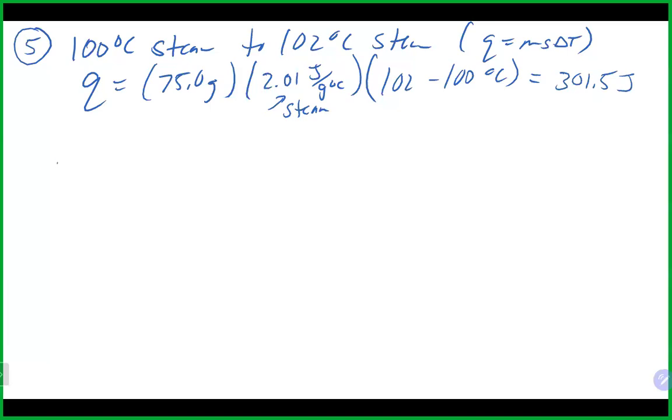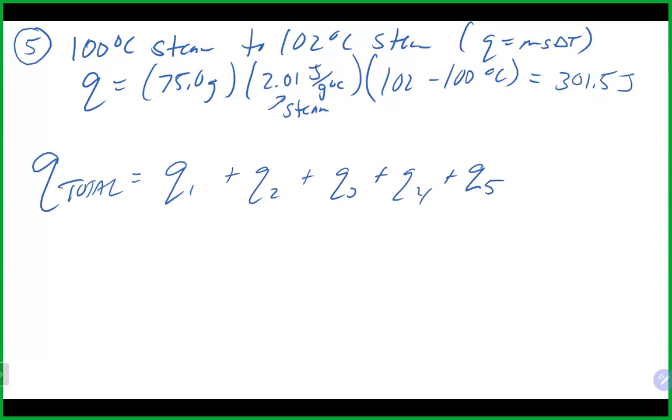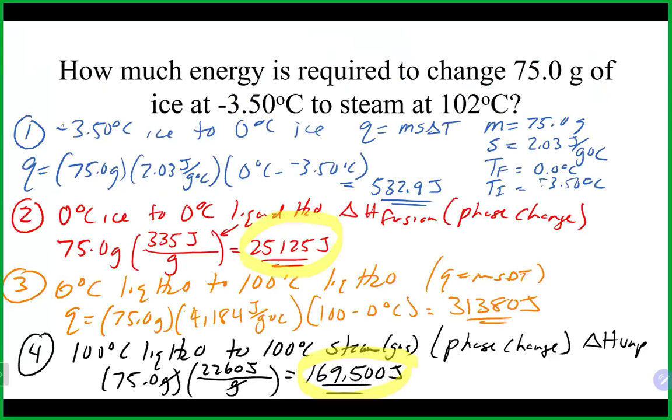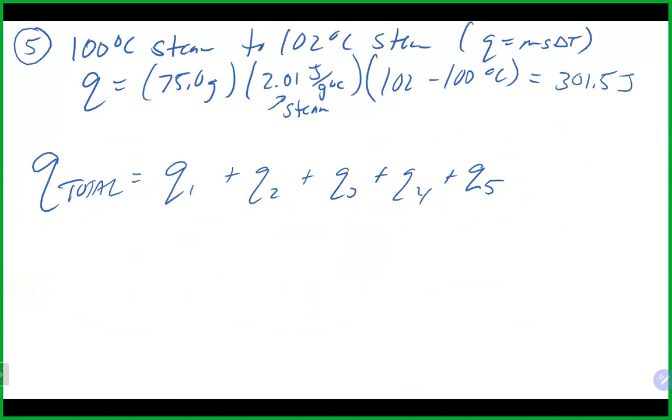If we want the total energy, we basically just add up all the steps that we did. So there were 5 of them. So we would go through and add up all the heat and energy values we got for each of those steps. And if we do that in this case, we had for the very first step, 532.9. For the second step, 25,125. For the third step, 31,380. For the fourth step, 169,500. And for the very last step here, we had 301.5, which gives us something like